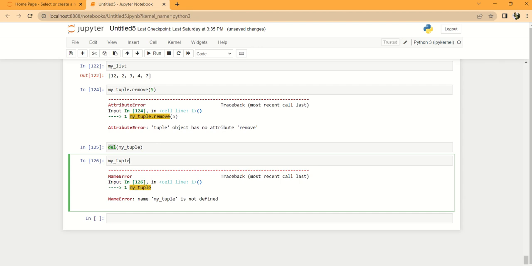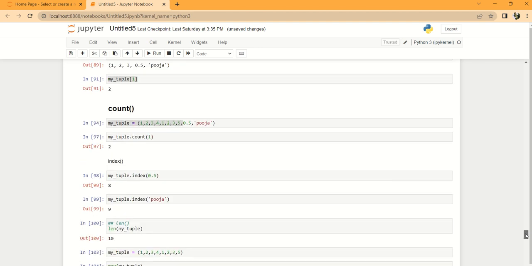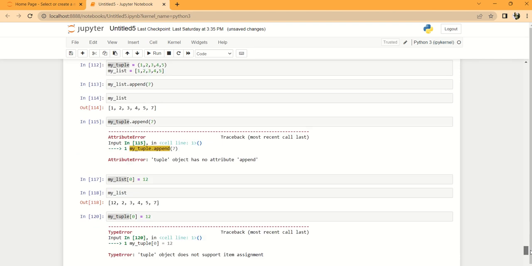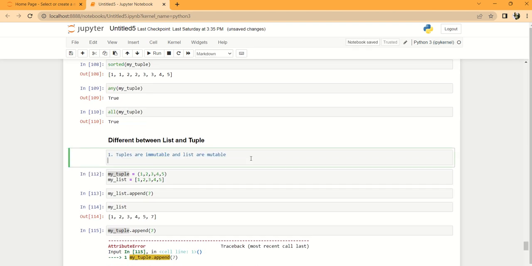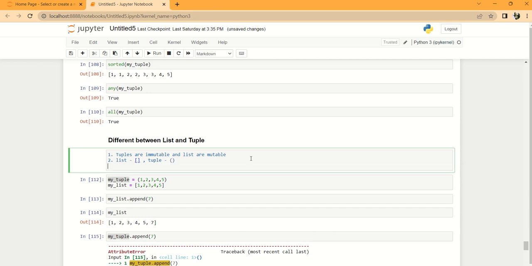What is the next one? The syntax we have already discussed. The next difference between list and tuple is that list we are declaring with square brackets. List is square brackets, and tuple we are declaring with parentheses. And what is the third one? Third difference,